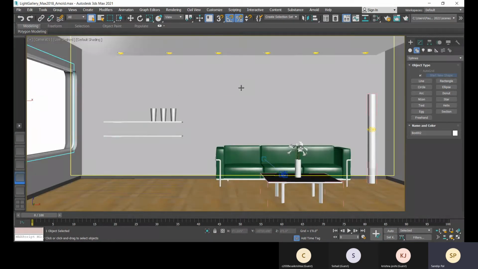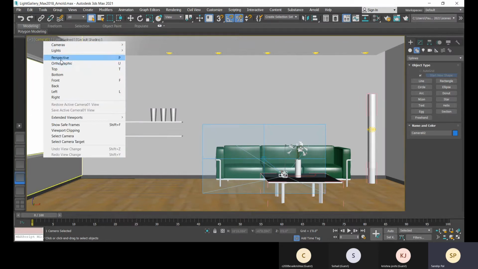Okay, so the camera plays a very essential role in creating any scene, whether it is for an animation walkthrough or creating a still image. Okay, so how can we place a camera? Here you can see this camera is placed, and it is right now targeting this sofa, and this is another camera, and I am currently in another camera view.